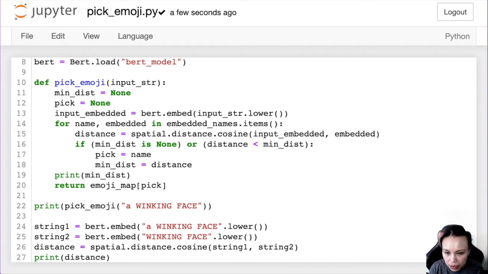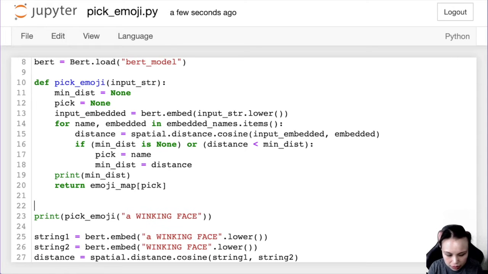So yeah, pick emoji, return the emoji that got picked. So maybe I would say picked equals this one. And then I would print. Okay, I don't want to print this, but I want to save it somewhere. So pick the distance.